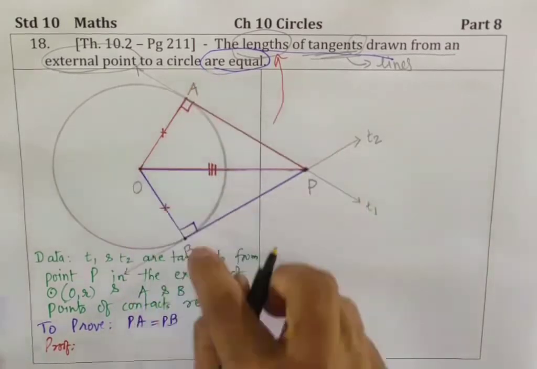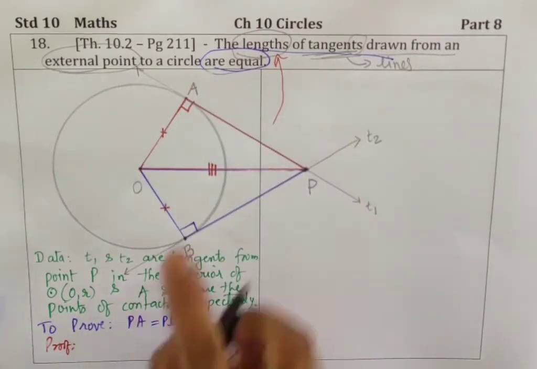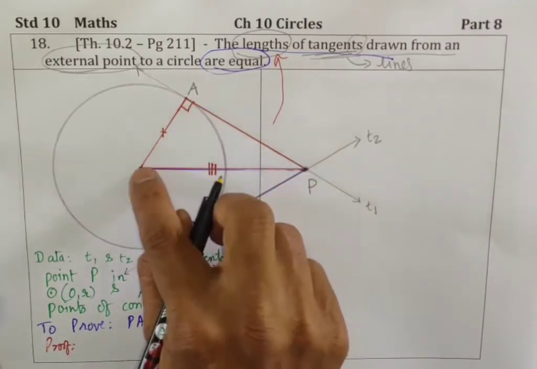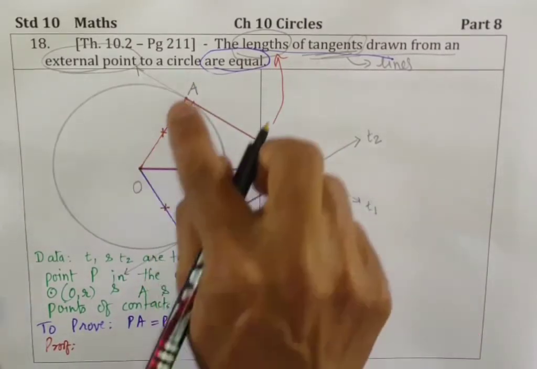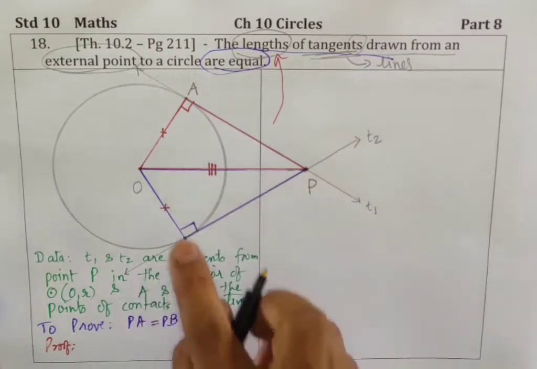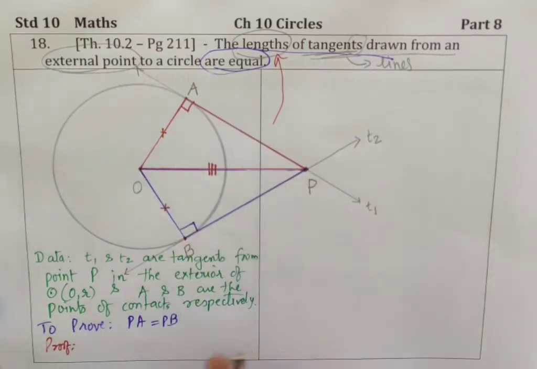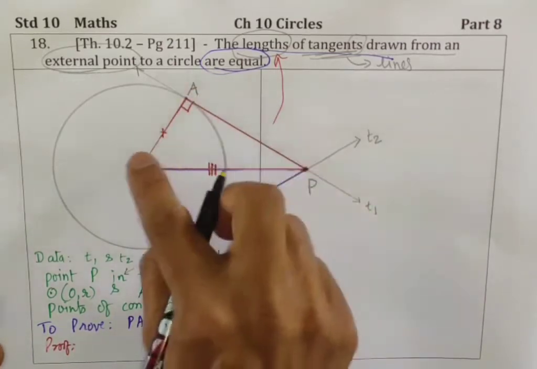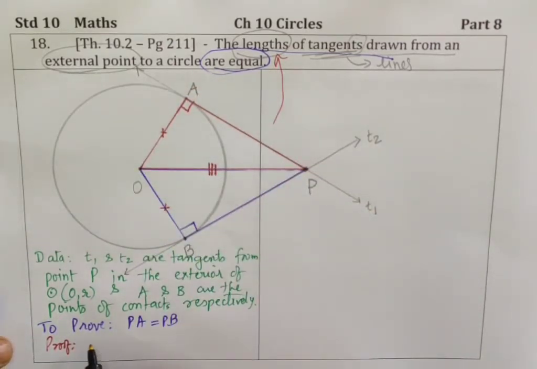Now this is perpendicular, so right angle, वो दिखाने के लिए ये तो कॉमन साइड डायरेक्ट मिल गया, ये रेडियस डायरेक्ट मिल गया, बट यू हैव टू शो कि angle OAP is right angle and angle OBP is right angle. Why they are right angle? Yes, because these are radii drawn through the point of contacts.